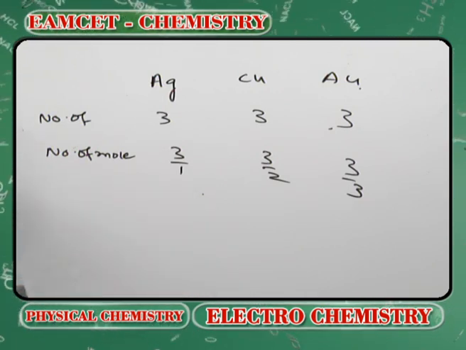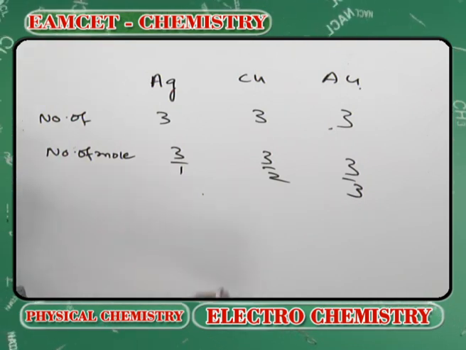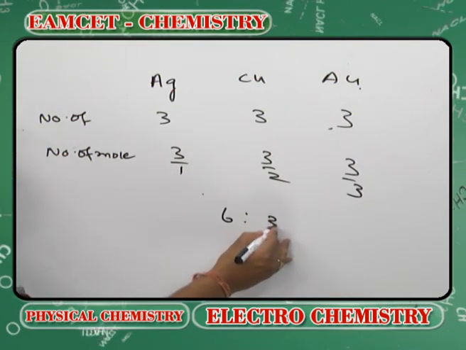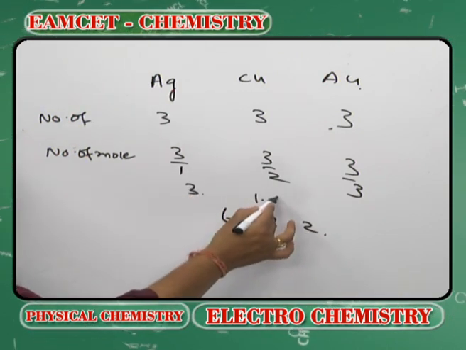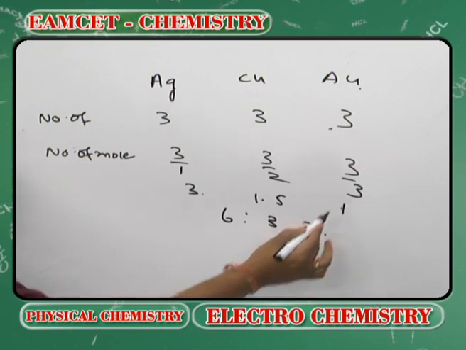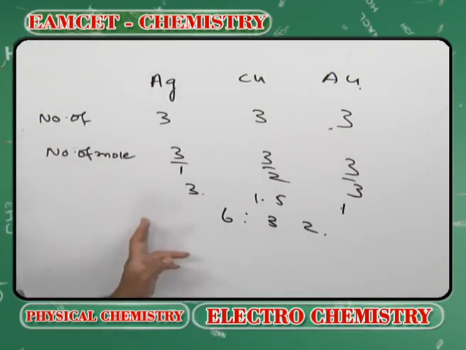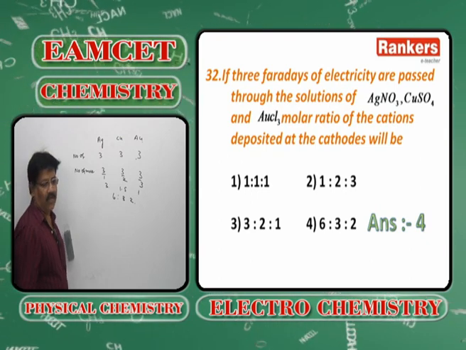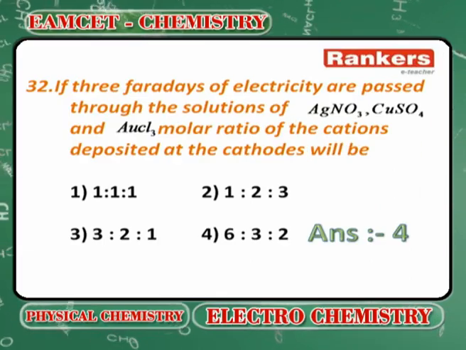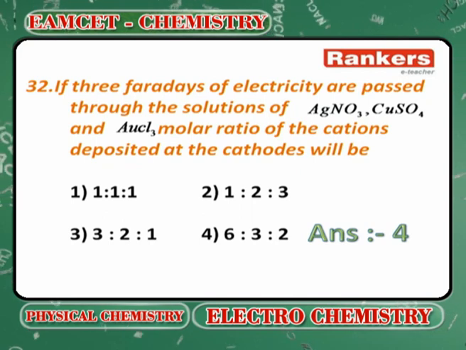So multiplying with 6, it will be 6 is to 3 is to 2. The ratio is 6 is to 3 is to 2. Option 4 is the answer. Next,